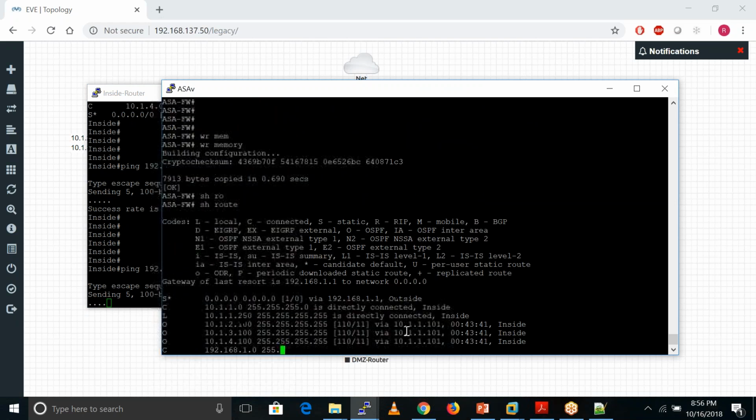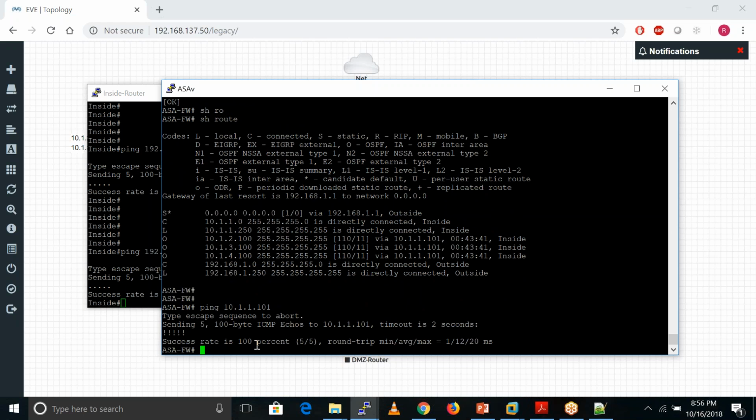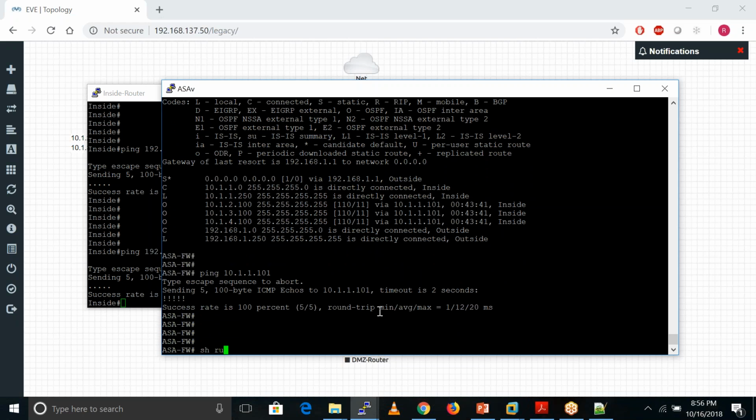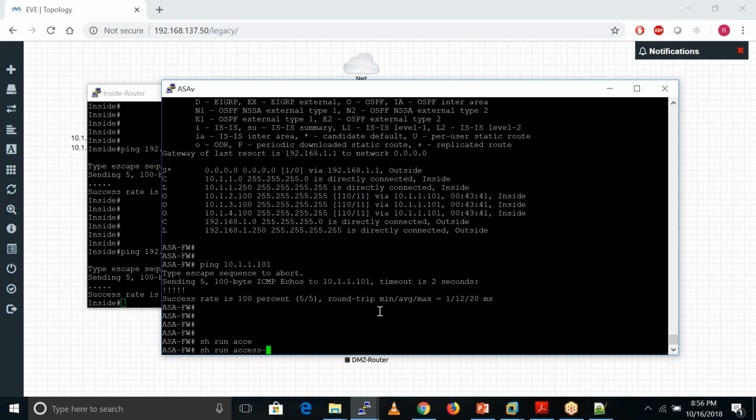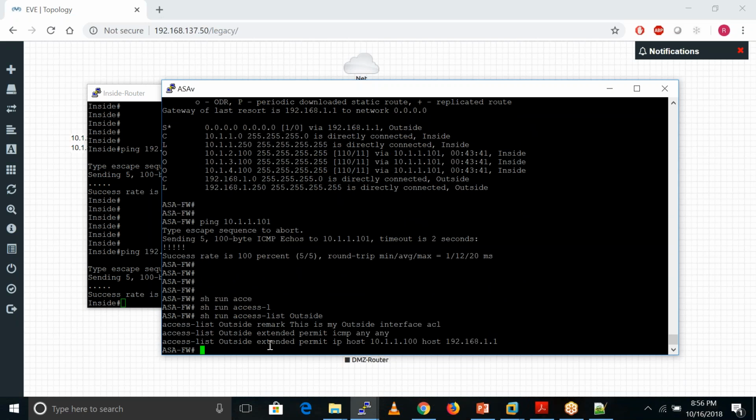I am having the route over there, that's cool. I will ping 10.1.1.101. Okay, so my ping is not working. If I see the ACLs again, this is the ACL which is allowing all the traffic from inside to outside.